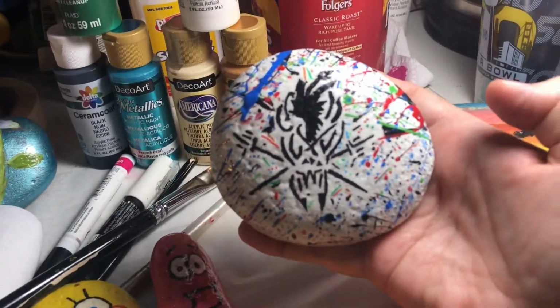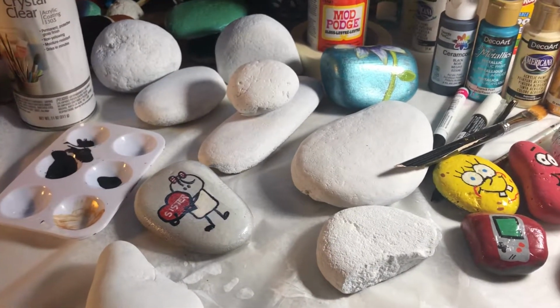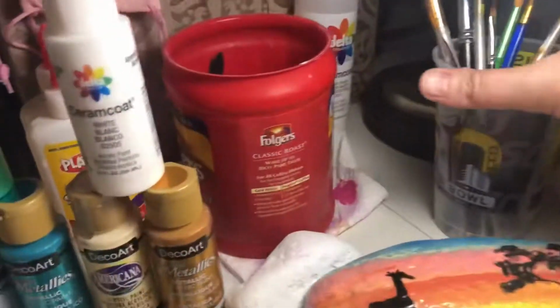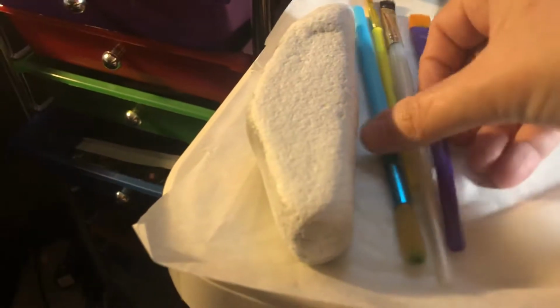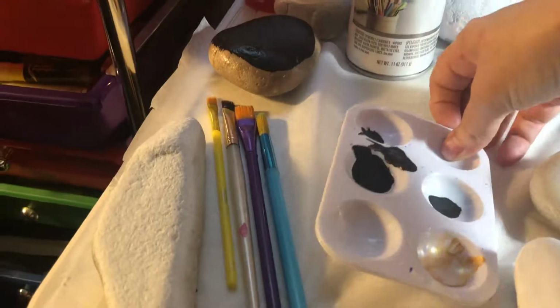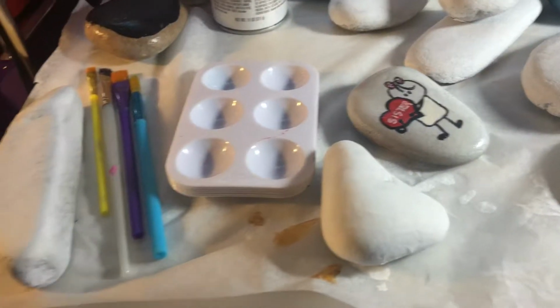Glue them on the back, then you just paint. Like I'm getting ready to paint all these, so I did them white. You could do them white first, you don't have to. You get the paints, you get some brushes. These brushes are nice and cheap. Get them at Michael's, or you can even get them in the grocery store. The grocery store has these paint brushes too. You can get a couple of these if you want to put your paints in before you start. So you paint your rocks,